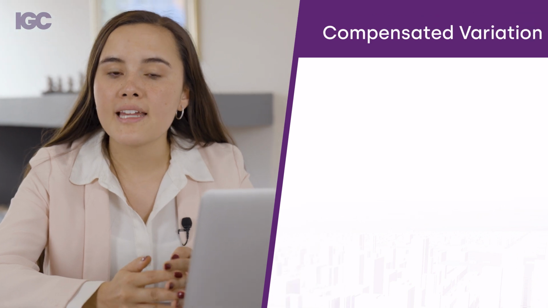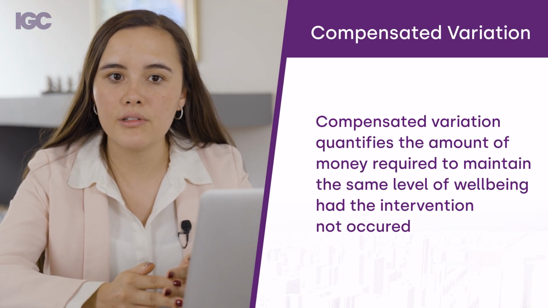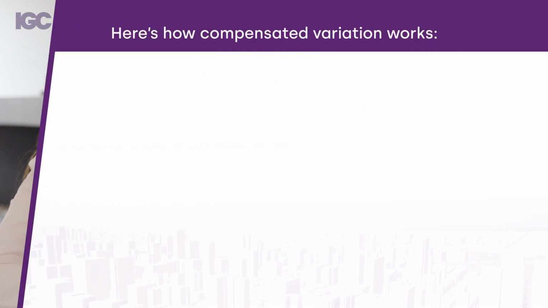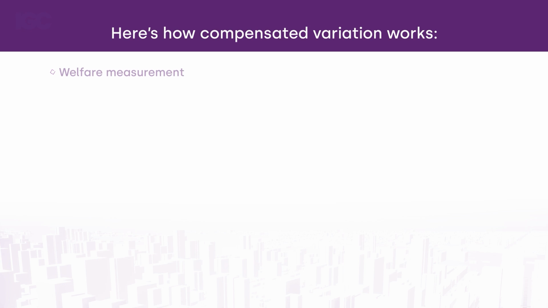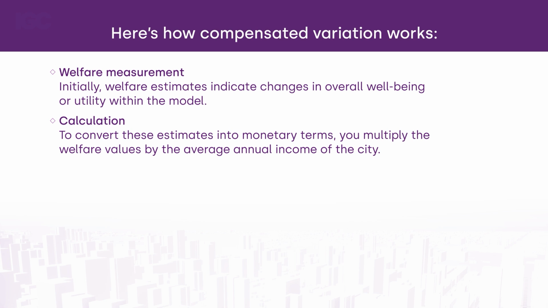The welfare can be transformed into compensated variation, which converts the welfare estimates into monetary terms. Compensated variation quantifies the amount of money required to maintain the same level of utility or well-being after a change in certain economic variables. Here's how the compensated variation works. First, you need to have some welfare estimates that indicate the percentage change in the overall well-being or utility within the model. Then, you will convert these estimates into monetary terms by multiplying the welfare estimates by the average annual